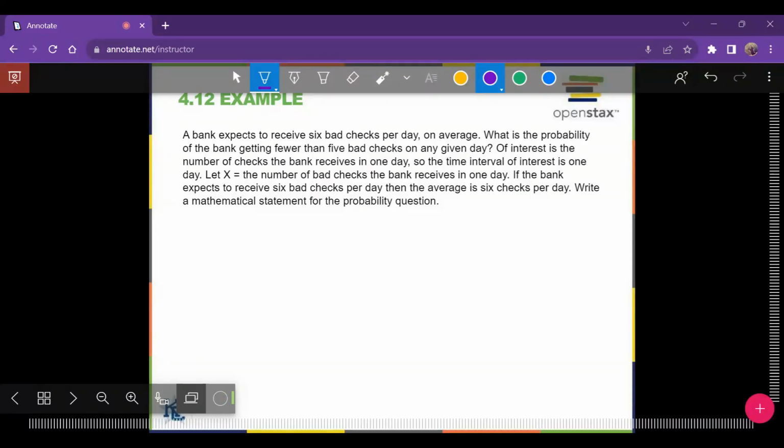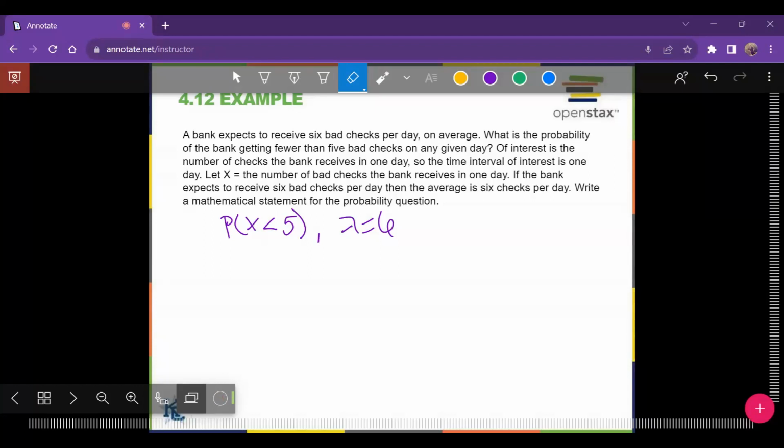If the bank expects to receive 6 bad checks per day, then the average is 6 checks per day. Write a mathematical statement for the probability question. So if we're looking at this, we're being asked for the probability that x is less than 5. And we're told that lambda is equal to 6 here because in 1 day we would expect to get 6 bad checks. So if we wanted to do this with the Poisson distribution, we can go through the logic behind this problem. We can see that it's strictly less than,